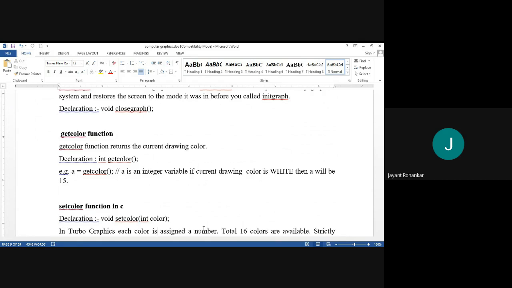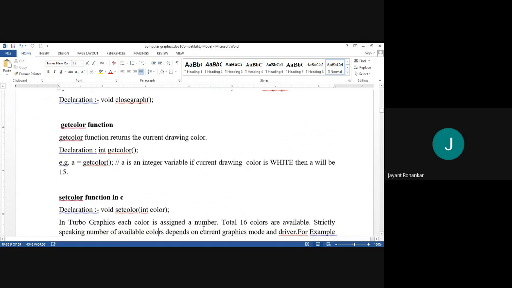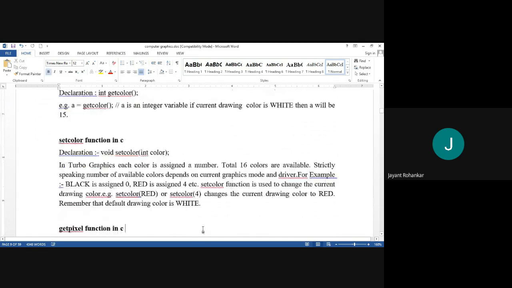Then we will see the setcolor function in C. Declaration: void setcolor(int color). In Turbo C or Turbo Graphics, each color is assigned a number. You must remember that in the Turbo Graphics system, each color has a number. Like in the previous function, getcolor, we have seen that the number 15 is allocated for white.